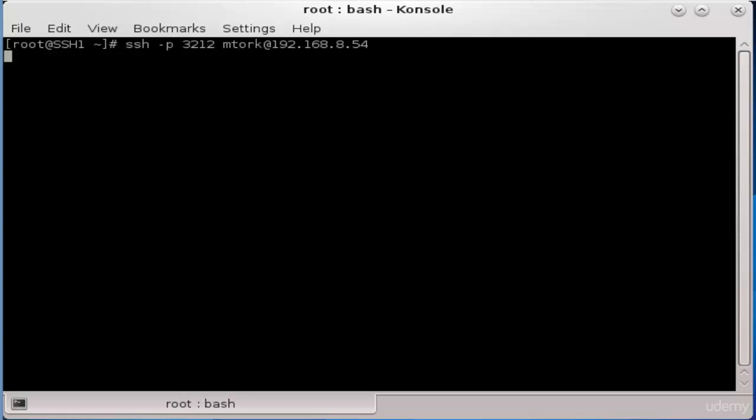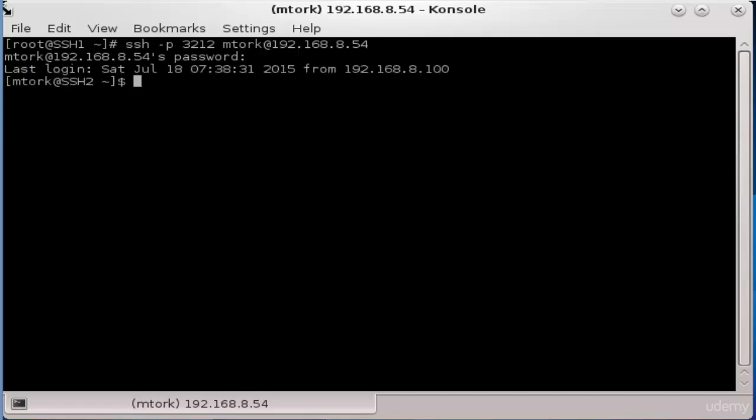Now press enter and type mtorc's password, then press enter. As you see, I logged into SSH2, which is the remote host, and by that we have seen how to connect to a remote host on a